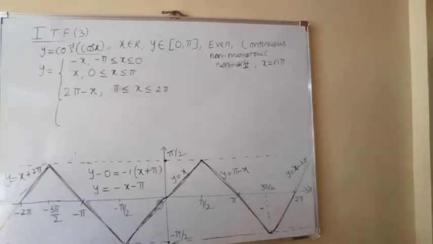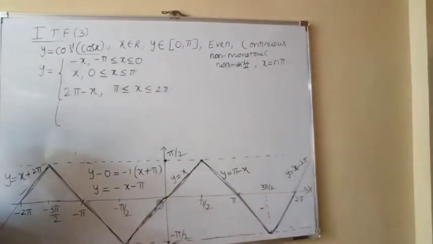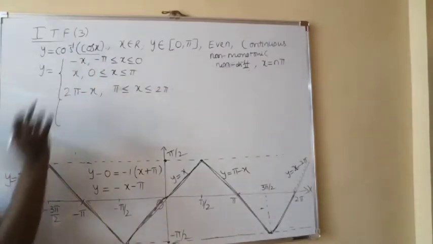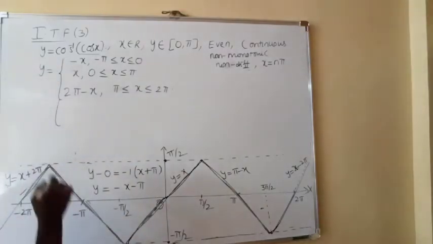I think I told wrong. It also intersects at all even multiples of pi. This graph intersects the x-axis at even multiples of pi. But just by taking y values, you will get x values. Okay. And next branch, you will get